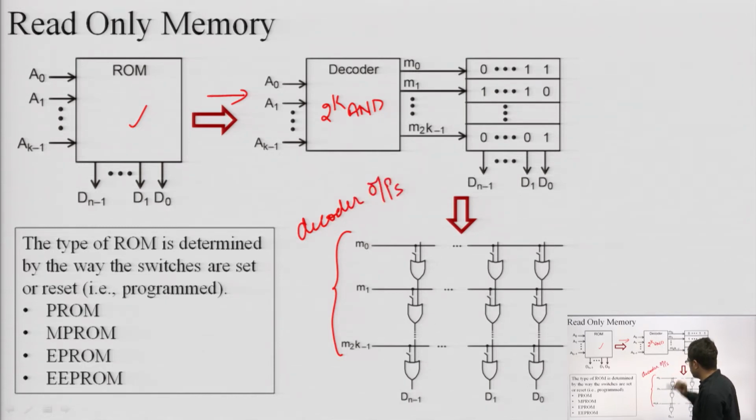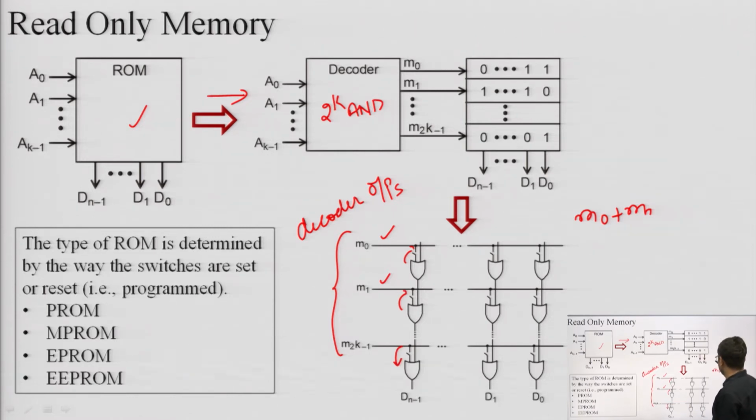So these are decoder outputs, and at the output of the decoder there are OR gates. So which minterms need to be added? If I want to perform M0 plus M1, then I will close this switch and this switch, and this will be open.